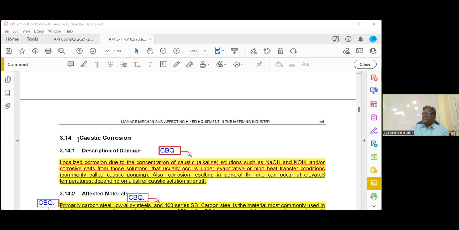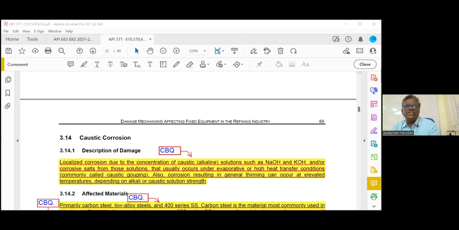In steam generation, caustic is added to the water to improve the steam efficiency. Caustic improves the steam because to rotate the turbine, we need a superheated steam, not a normal steam. Steam should not have any moisture. So the efficiency improves if we add caustic. If caustic is properly mixed with the water, there will be no corrosion. That is point number one. But because of the design, if the caustic is not properly mixed with the water,